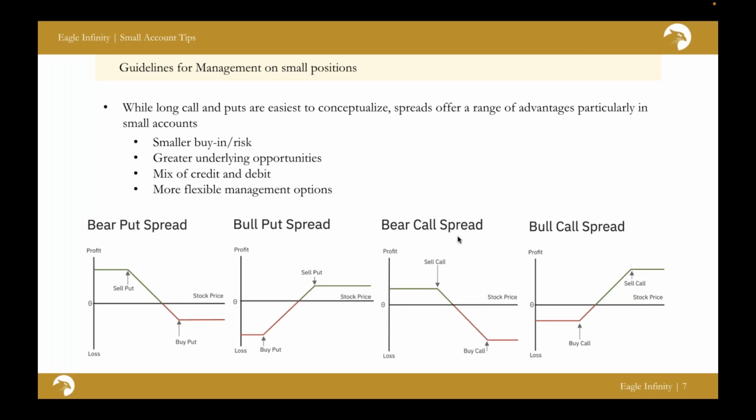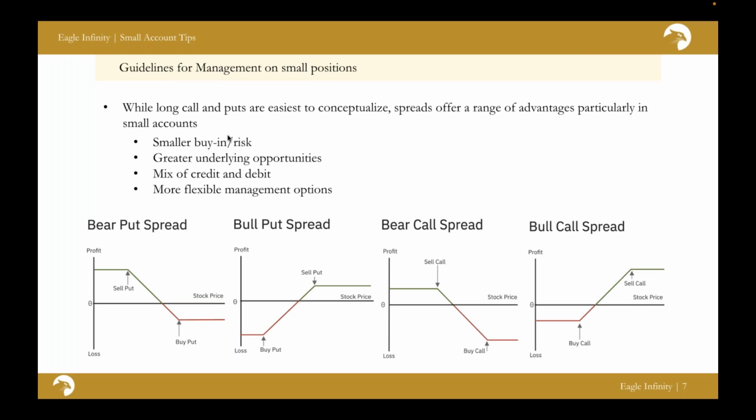Because these are credit positions, they have the opposite kind of impact that our debit positions would have when it comes to our option Greeks. We have some great videos on Eagle Academy and within Eagle Infinity about option Greeks and how to manage a portfolio with the Greeks, so I won't go into it too far, but basically, you want to be collecting theta, that theta decay, and too often individuals find themselves extremely long volatility without actually wanting to be long volatility. And that is a result of being long calls and long puts, which are our long volatility positions.